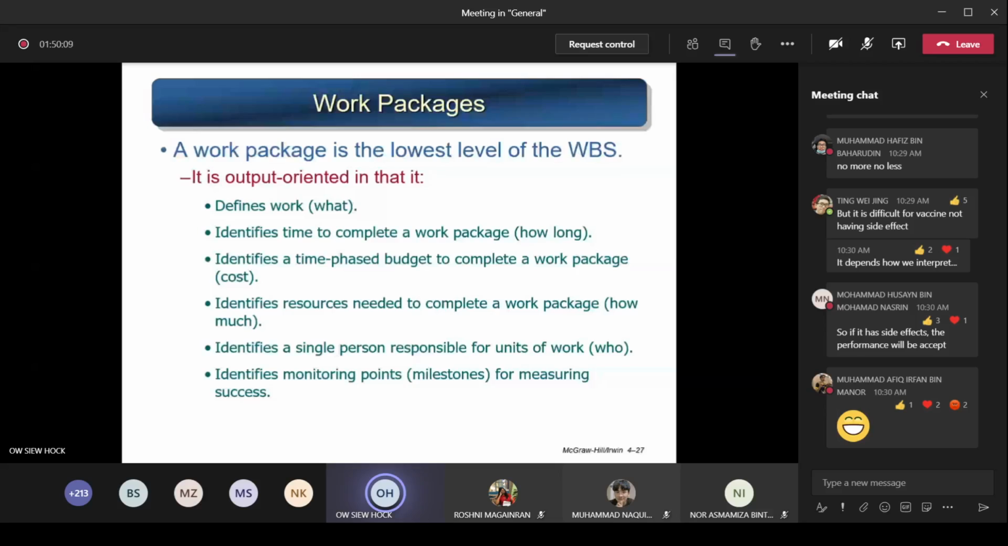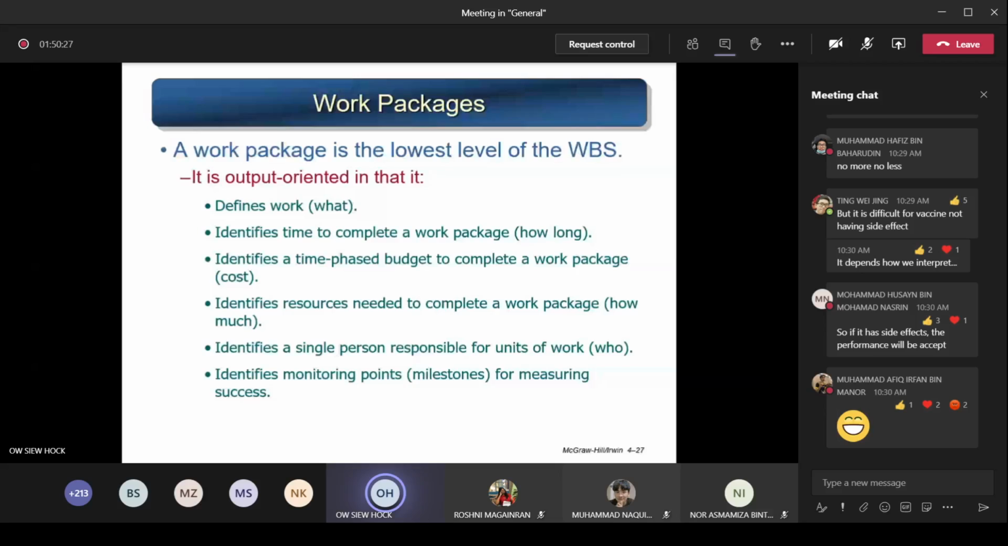So that is the cost incurred to come up with the design of the survey form. It identifies resources needed to complete a work package. So this one is resources. What do I use? I use a computer. Maybe I have to use pen and pencil and draw something. These are the resources I need to come up with the design of the survey